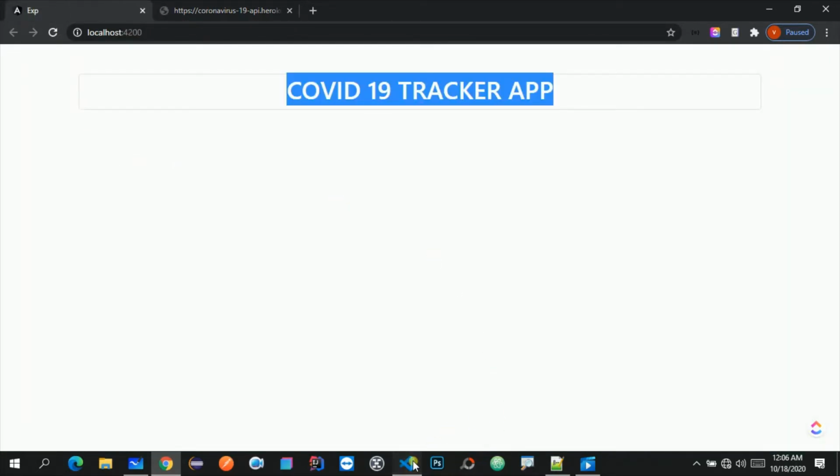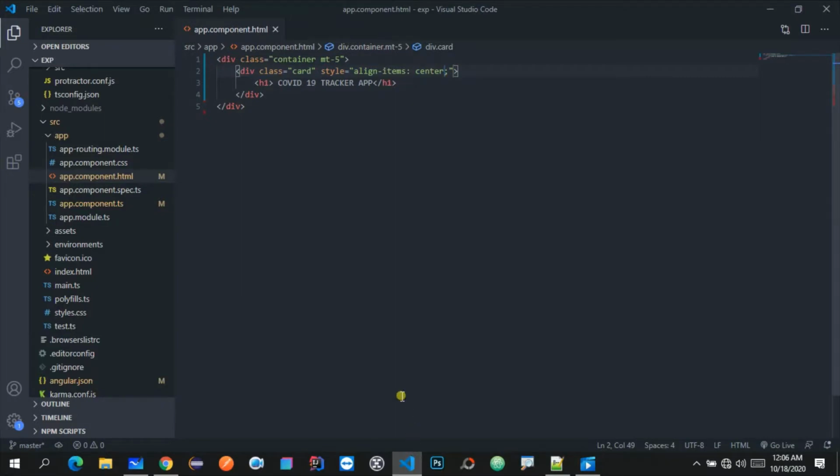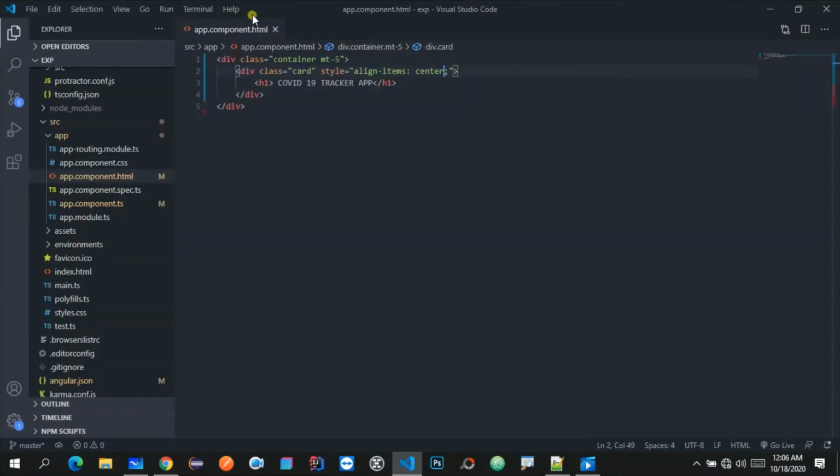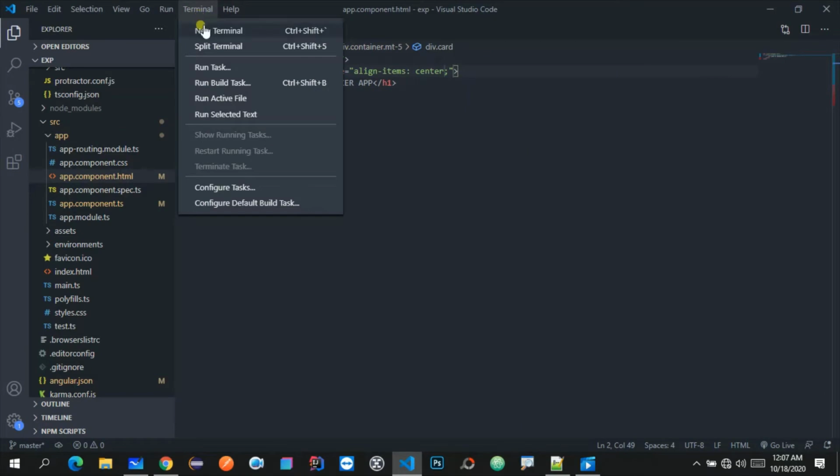Now let me go to Visual Studio again, and we need one service. Let me create one service so that we can hit this particular REST endpoint through that service. In the terminal, let me type one command.